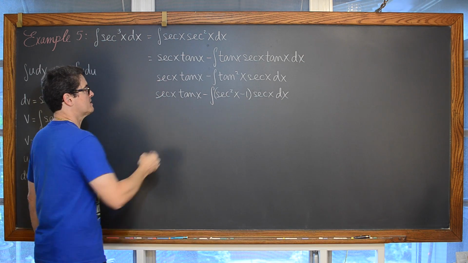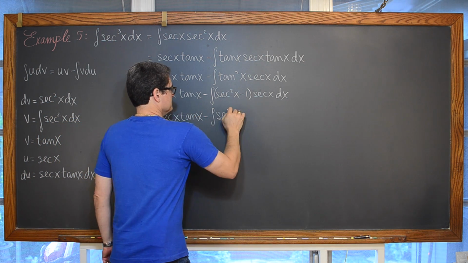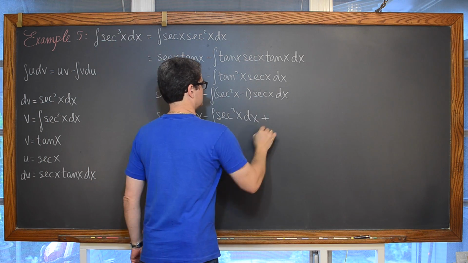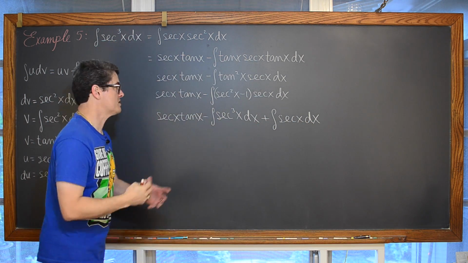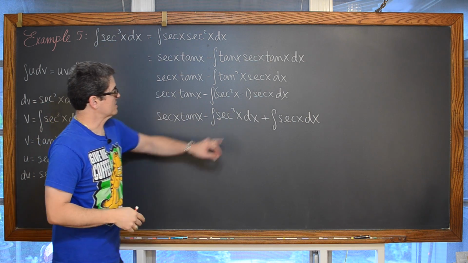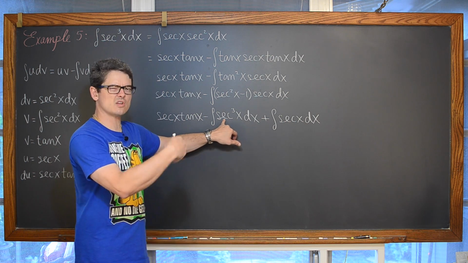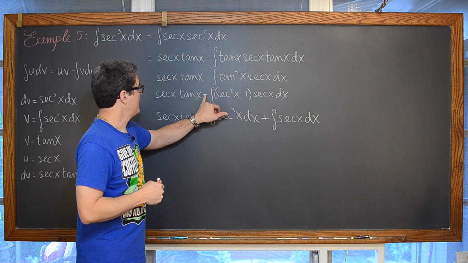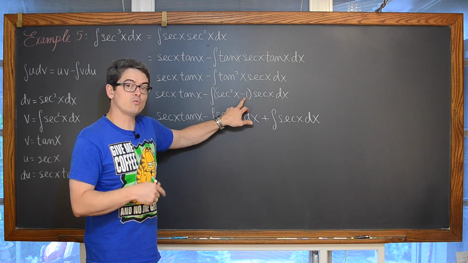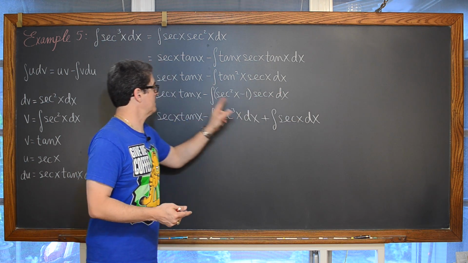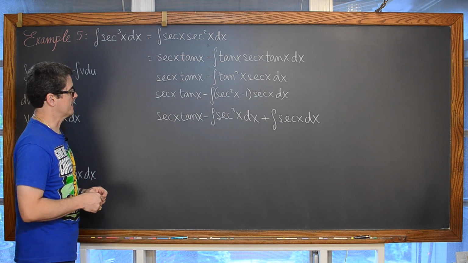Distribute that secant of x. Now I'm giving each of these terms their own integral notation. Secant of x times secant of x, of course, is secant cubed x, and you just saw me do this in my previous examples as well. And we have that negative there. Now I'm going to do secant of x times negative 1, which is negative secant of x dx, but then that negative's coming over here, so we have plus the indefinite integral of secant of x dx.